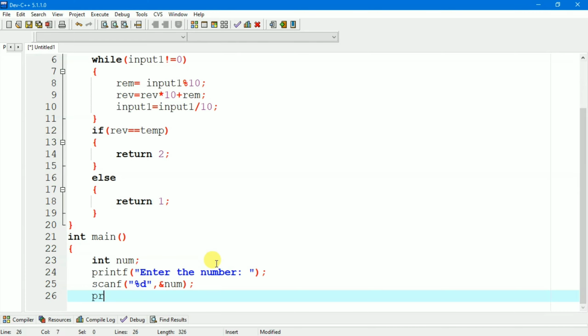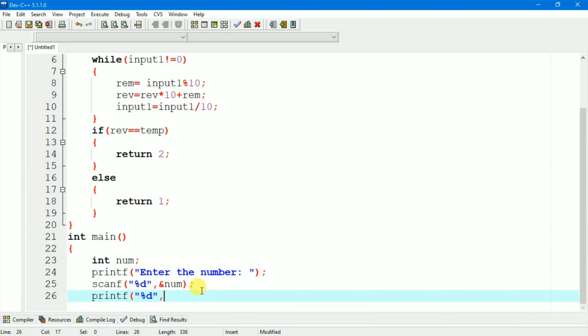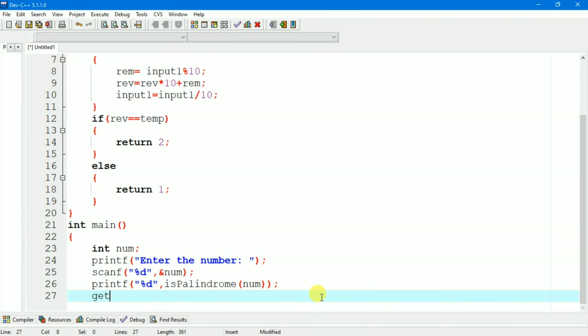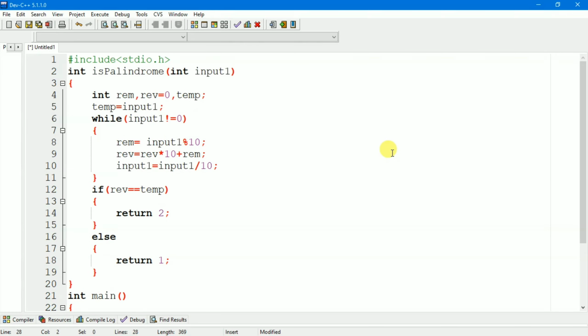Now we will call the function, printf %d. Here our function name is isPalindrome, and we will pass the number variable. After that, getch to hold the screen and close.